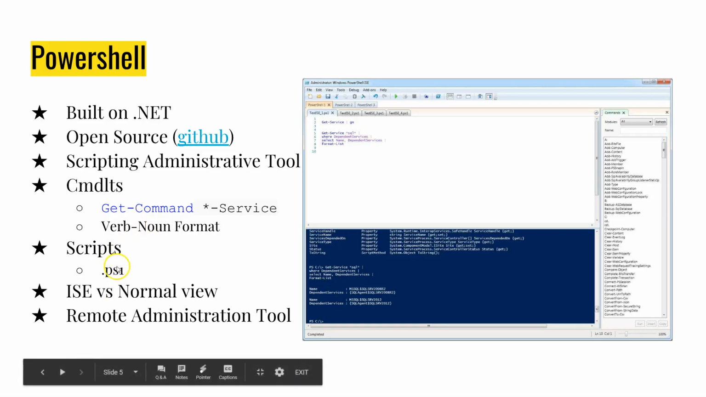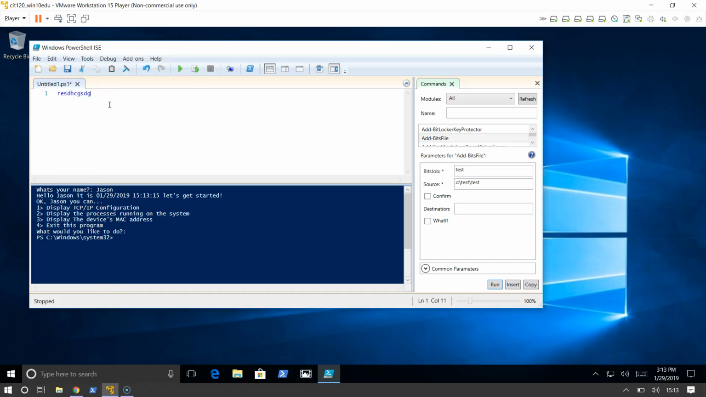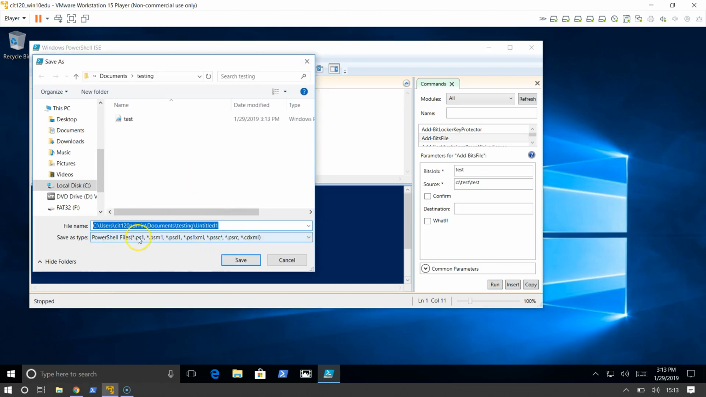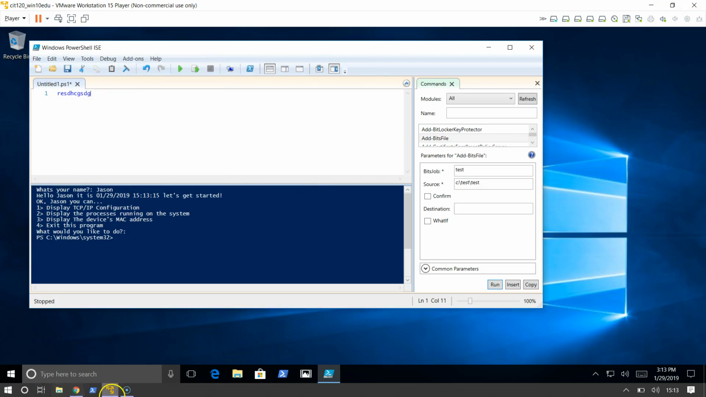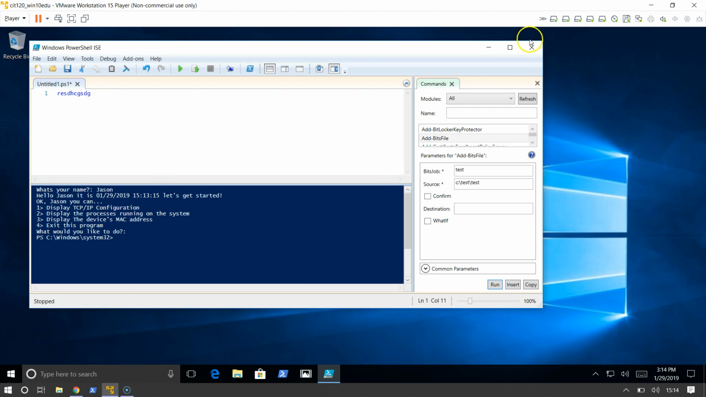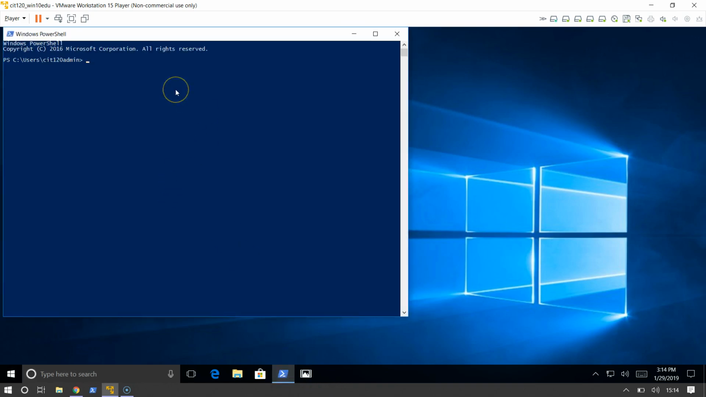What else do we want to talk about? Scripts are saved as PS1. Well, there's a bunch of different formats. If I do a file, save as, it will let me save as a bunch of different PowerShell file types. I like PS1. It's not limited to PS1, but for simple scripts, it'll work. ISE is the normal view, and PowerShell is a great remote administration tool for Microsoft administrators, not so much ISE. ISE is primarily for developing scripts, but you could run scripts on a machine, which makes it very powerful, particularly if you group it with